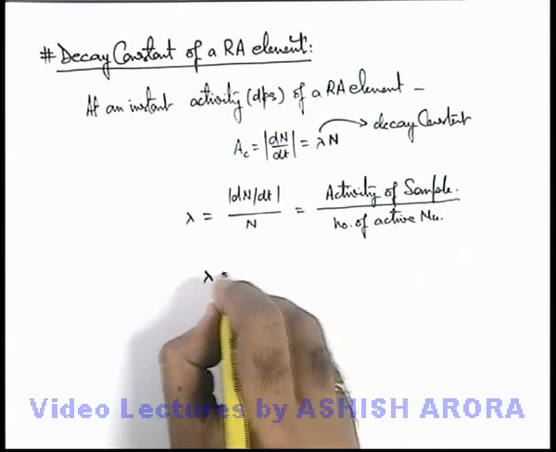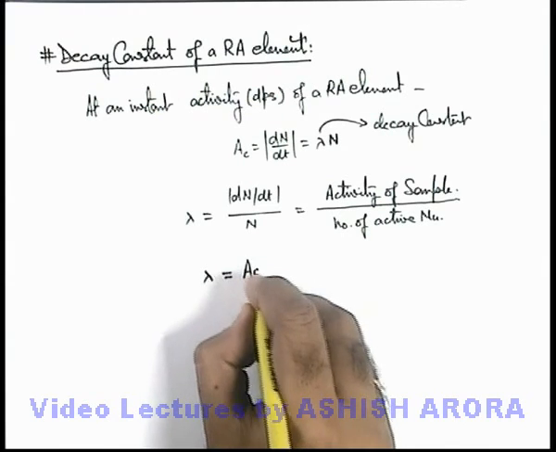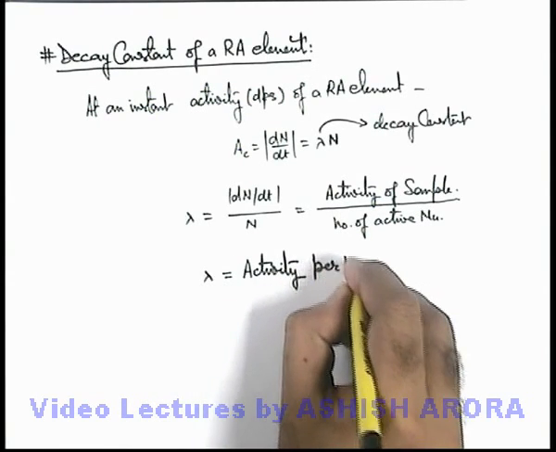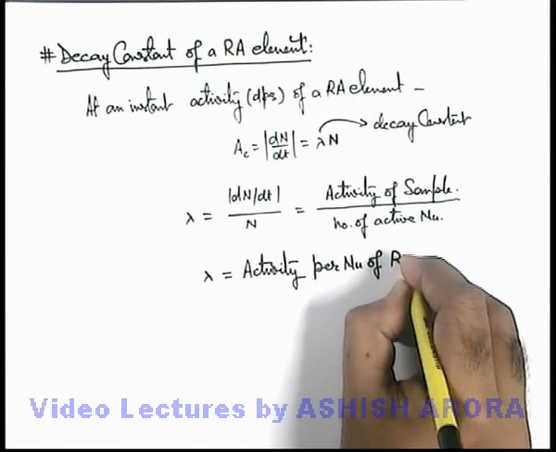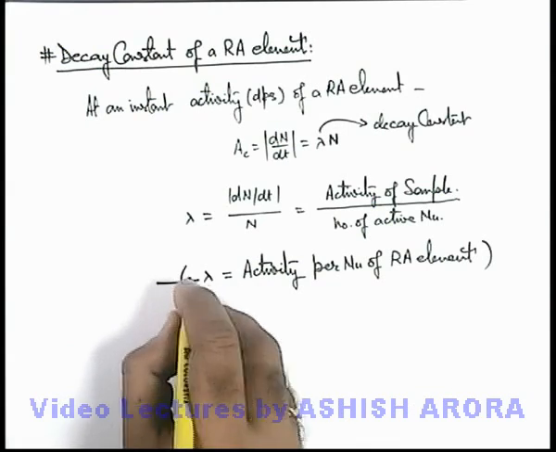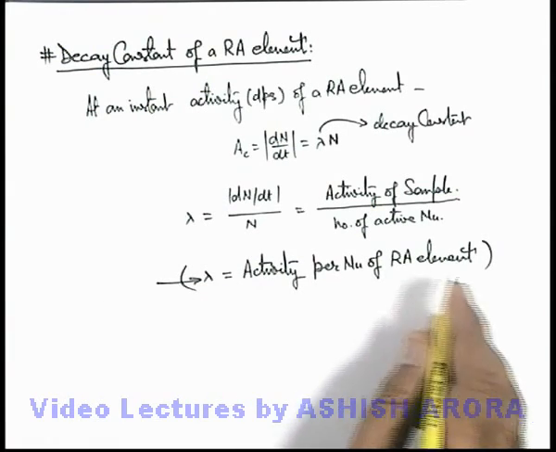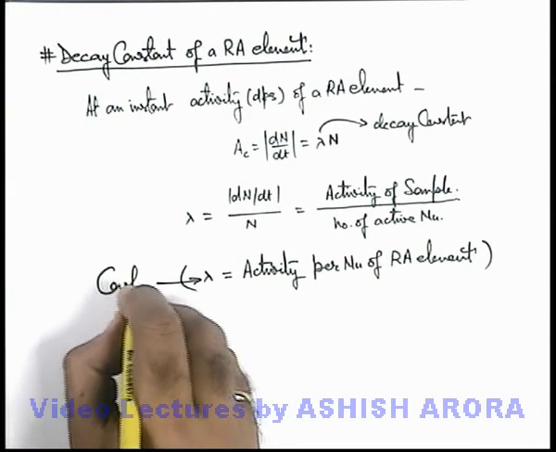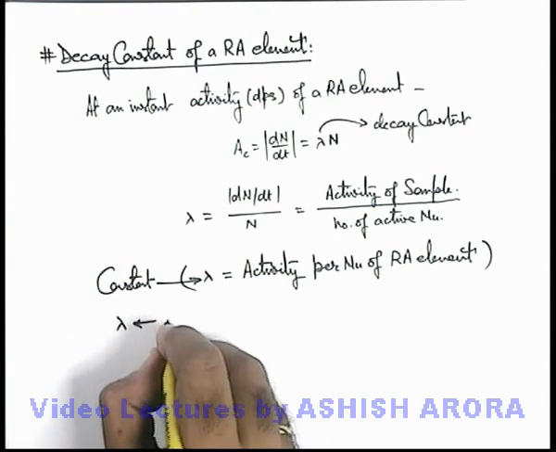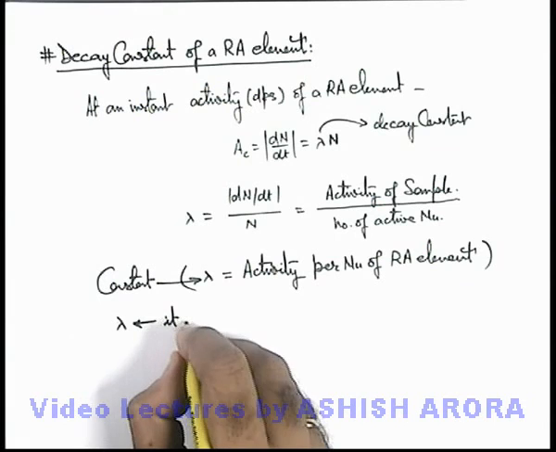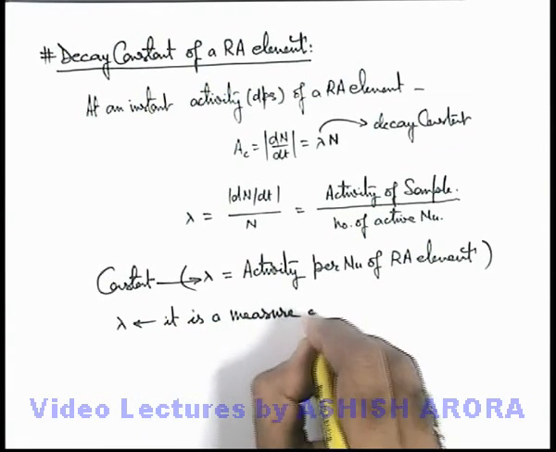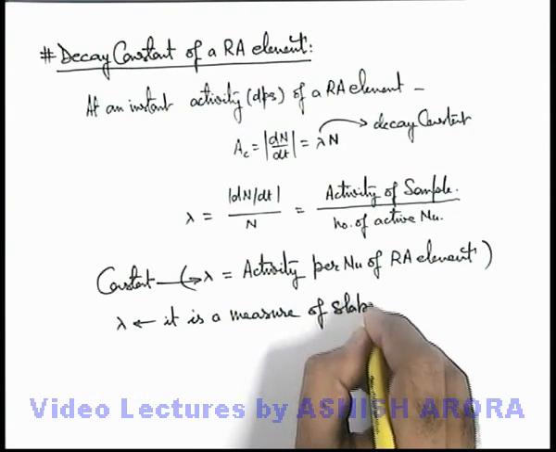So you can simply see this is the activity of all the nuclei divided by the number of active nuclei. So here the value of lambda can be written as activity per nuclei of a radioactive element. Here we talk about lambda as the activity per nuclei of a radioactive element. It remains constant. So indirectly we can say lambda is a constant, and about it we can write it is a measure of stability